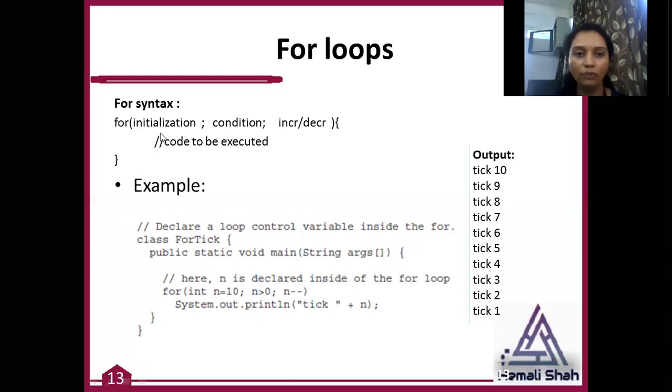Here, if you have multiple statements of initialization, multiple conditions, and multiple increment decrement statements, at that time you can use commas, only a single comma in between the multiple statements of initialization. Say for example, integer a equals 5 comma b equals 10, or i equals 5 comma j equals 0. Such a statement you can use. Same here also, you can use multiple statements by using commas.